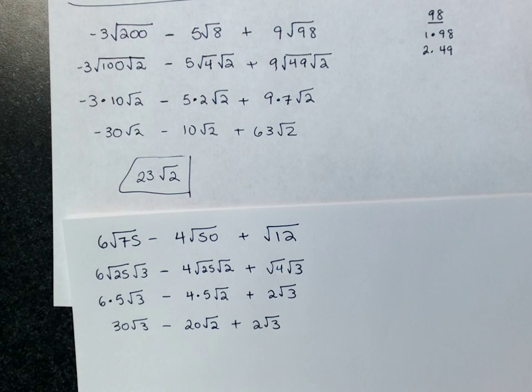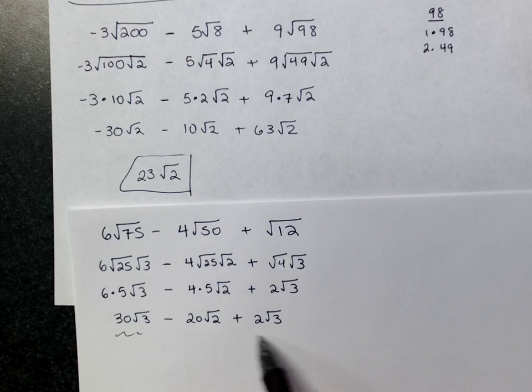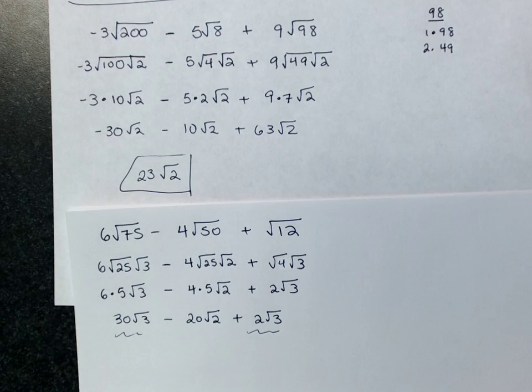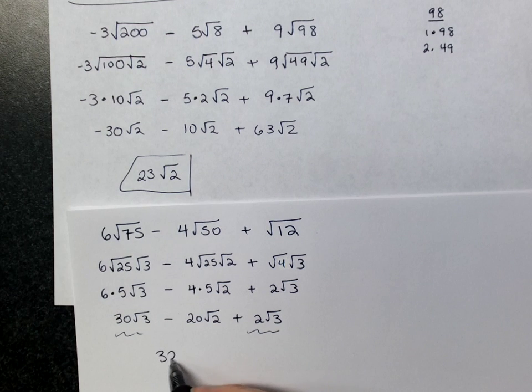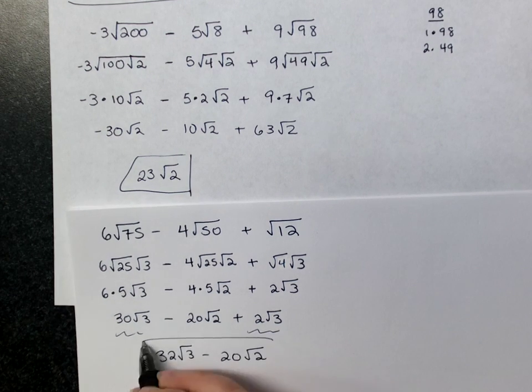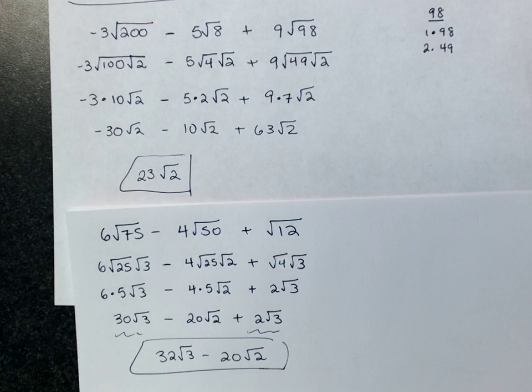Will I be able to simplify this down to 1 term like I did the first example? No. I'll only combine the like radicals, which are those 2. This does not become 12 radical 6 or whatever. Unlike